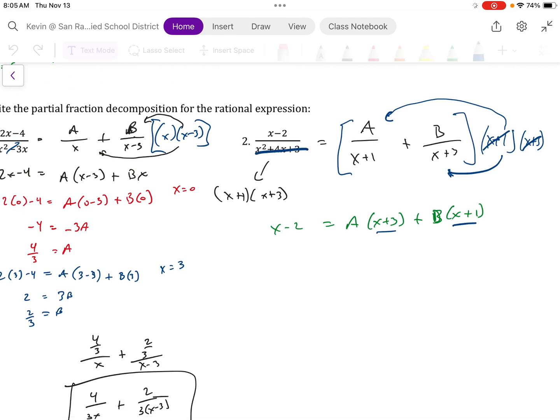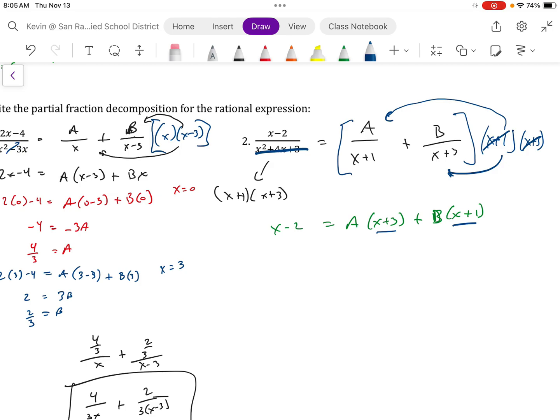And then this gets canceled out because we multiplied the left side there by that. All right, so again, we substitute in x equals, let's go -1, -1 minus 2, a times -1 plus 3,